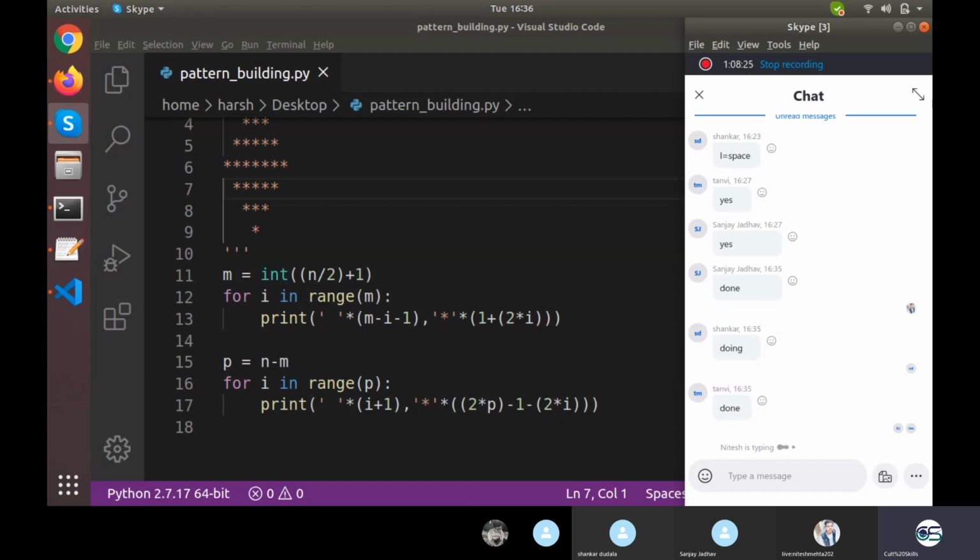It's done by 2 people, the rest of 3 I'm waiting for: Nitesh, Saurav and Shankar.